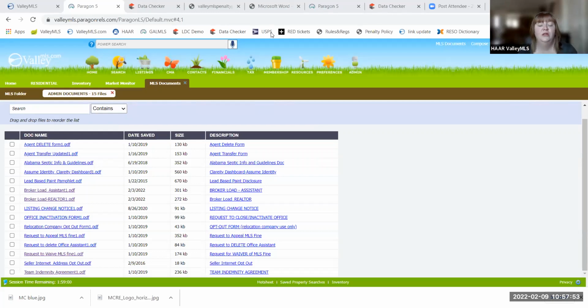And you would then put in the remarks, sold before circulation, which means I had a listing agreement in place, but I hadn't actually put it in the MLS yet before it was sold. So you'll put sold before circulation in the remarks. And then from that point forward, it's just a regular pending listing.